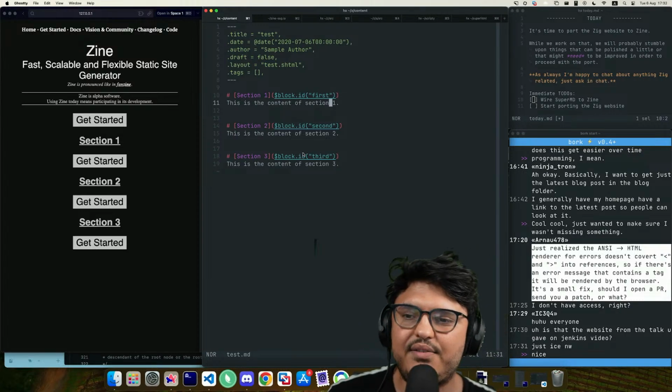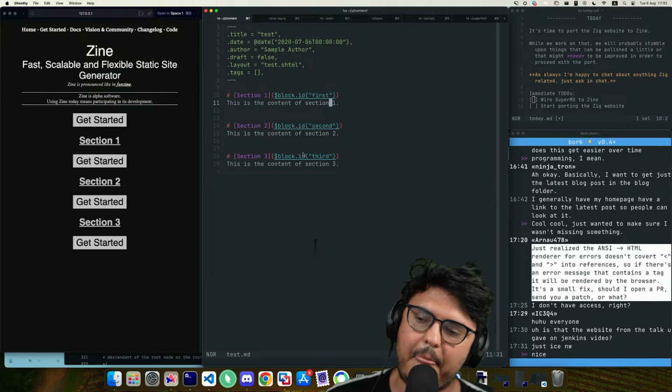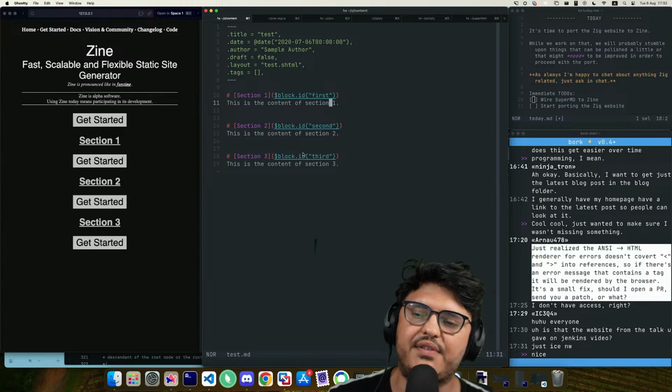So we need to implement that. We need to implement code that one way or another is able to understand what belongs under something.